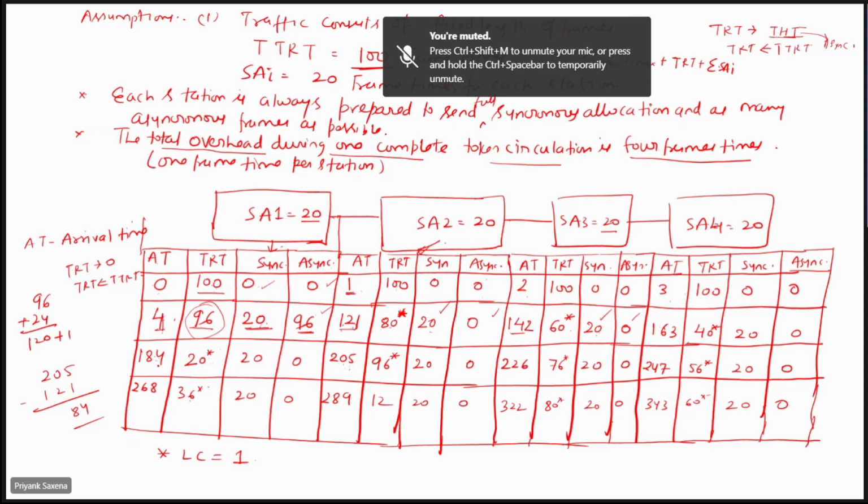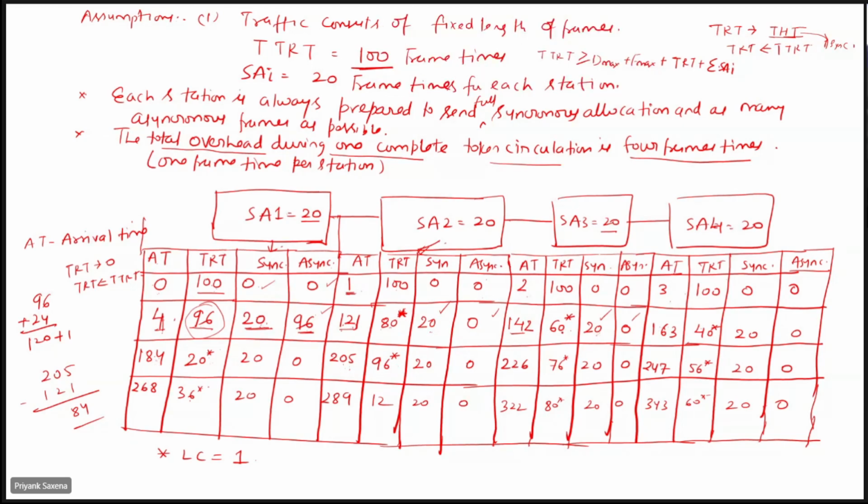ये लाइन समझ में आ रही है? कितने लोगों को समझ में आई ये लाइन? यहां तक तो क्लियर है? ये लेट आ रहा है तो सिंक्रोनस फ्रेम्स भेज रहा है, नो असिंक्रोनस फ्रेम्स इट इज सेंडिंग। तो यहाँ पे 184 हो गया, ये 80 यूनिट डिलेड है, सिंक फ्रेम्स भेजा। यहाँ पे 184 प्लस 20, 204 प्लस 1, 205।